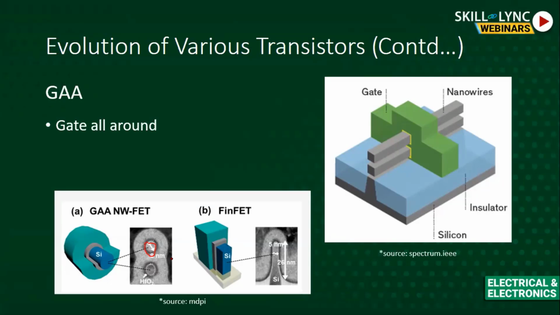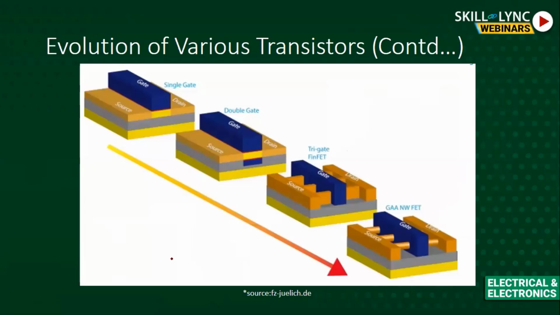So this is about the evolution of transistors. Like I said, this is the last one, gate all around. Fins are now nanowires, as I said. I think I've put everything in one picture. Starting from the planar CMOS, you can see the three-dimensional one, the sliced architecture over here. This is the gate, and source to drain will have the communication. Now this is the FDSOI double gate, where we have gates from top and bottom, and source to drain communication. And then the FinFET.